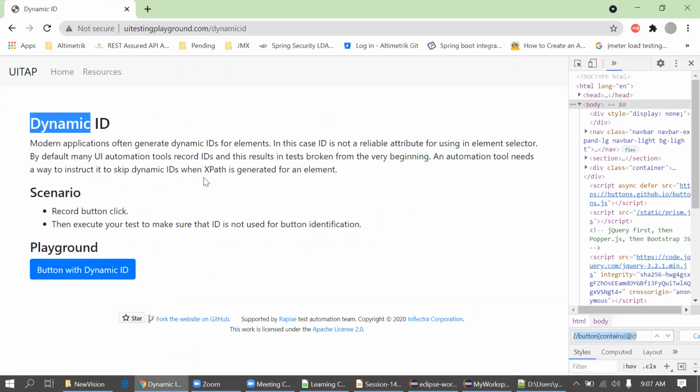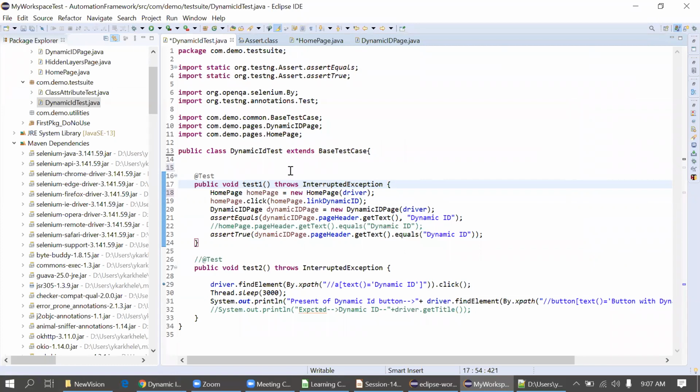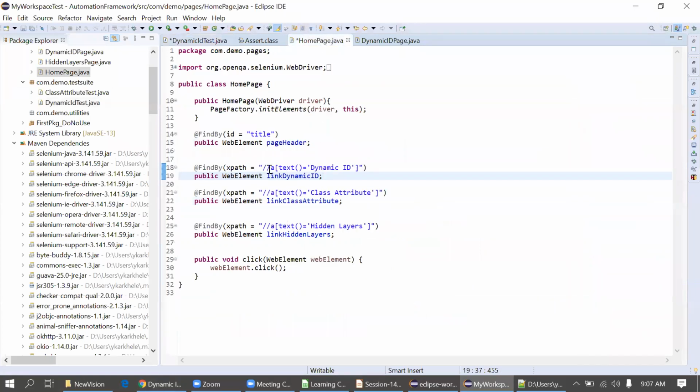You can write the flows and locators without the XPath, keep it blank, and keep your code ready. When the application is ready, you put the XPath at the required position and execute. You save automation time. In that case, we can call it early automation.